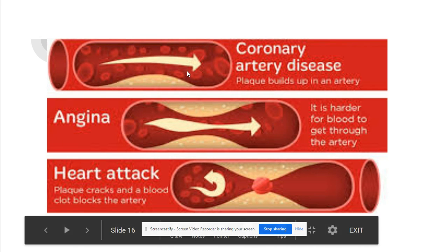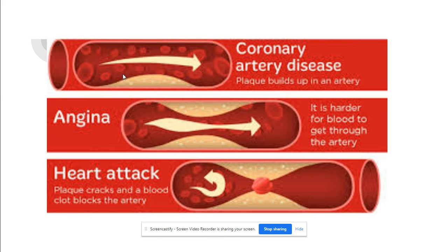Here is how coronary artery disease can lead to heart attack. So here we have these red blood vessels, and we have just a little plaque here, but still a great amount of open lumen area for those red blood cells to move through. Angina is when a lot of that coronary artery or other arterial lumen is occluded by buildup of plaques, and it's hard for blood to get through. So that heart muscle starts to give a pain signal with that lack of oxygen, kind of like if you sat on your foot for too long and it started to fall asleep